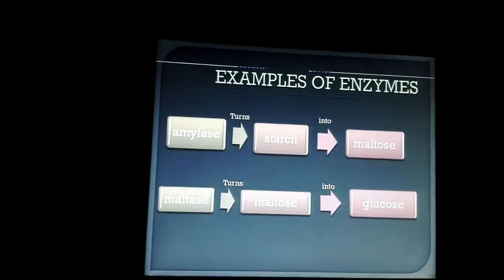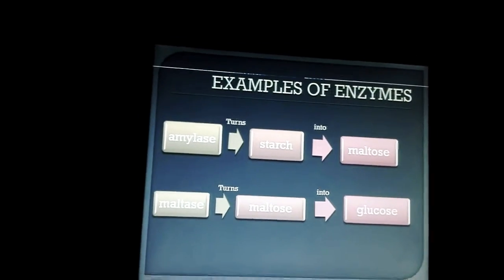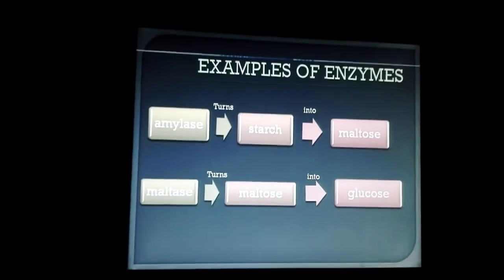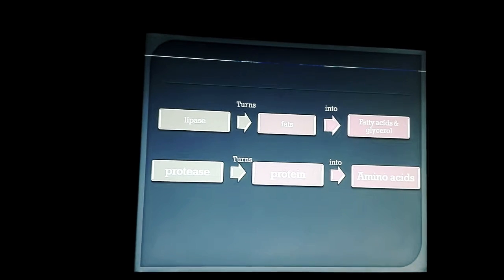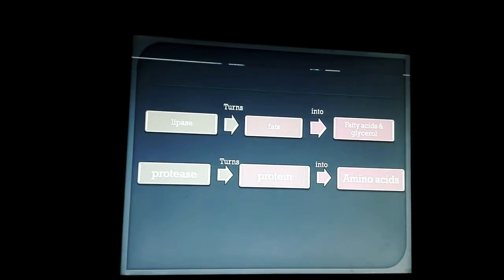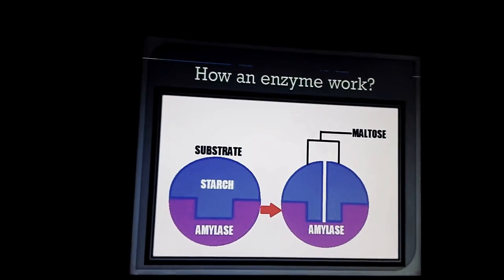Examples of enzymes are amylase, which turns starch into maltose, maltase, which turns maltose into glucose, and then we have lipase, which turns fats into fatty acids and glycerol, protease, which turns protein into amino acids, and then we have